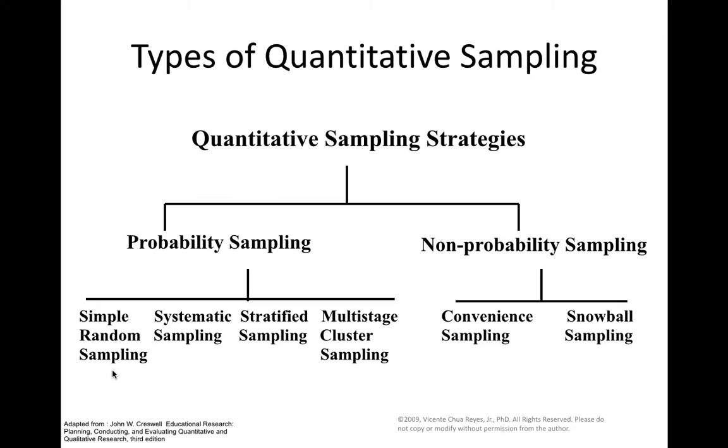Multi-stage cluster sampling, well, what happens is you first cluster your samples. It could be by gender, it could be by ethnicity, it could be by age group, and then once you have identified a cluster, you set several stages. The first stage could be we are going to select